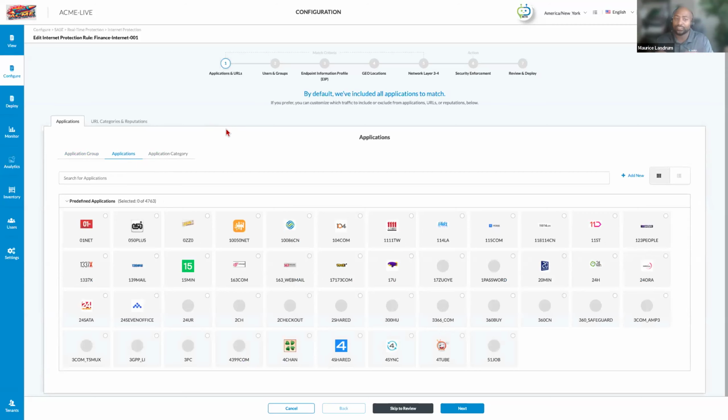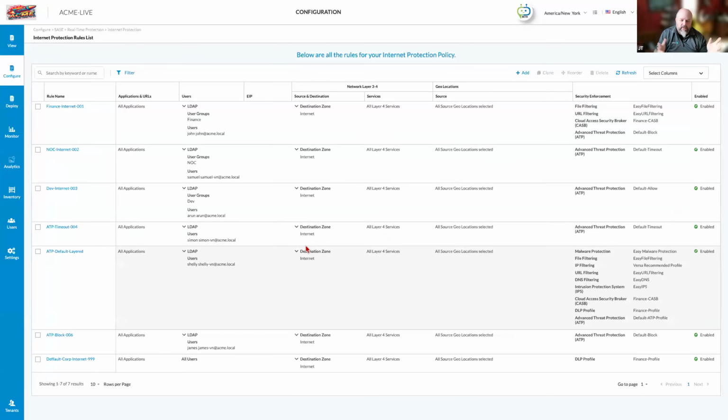Awesome. Just had another one come in too, so we still have two more. I think this one's more important than the last one I was going to give you. Let's say the customer has a SOC, or a security threat hunting team built into their environment. They get unfettered access to the web. So we're not just looking at it from an application standpoint, we're looking at it from a user standpoint. Can we still, within that internet protection rule, write rules for specific users, to say they can download whatever they want in a closed environment for a machine?